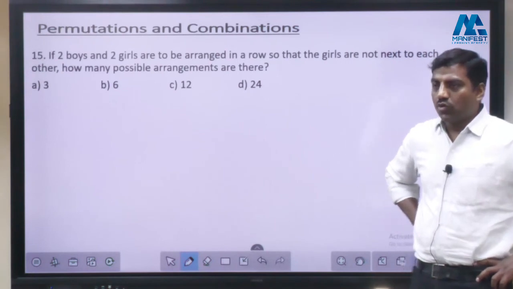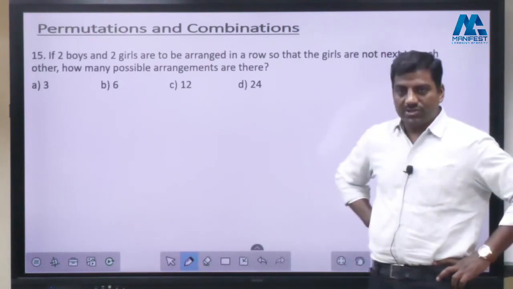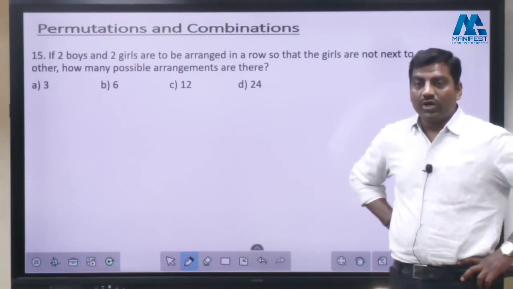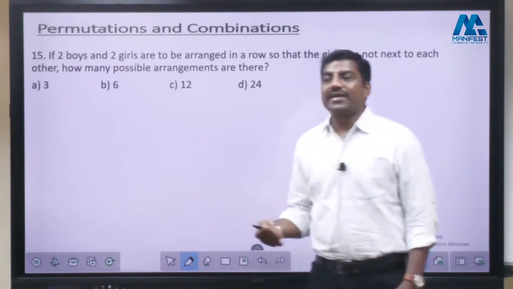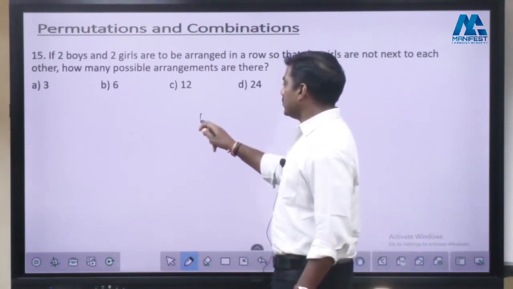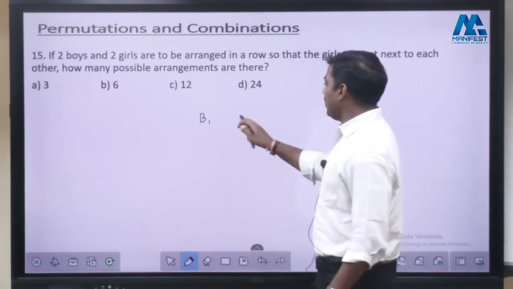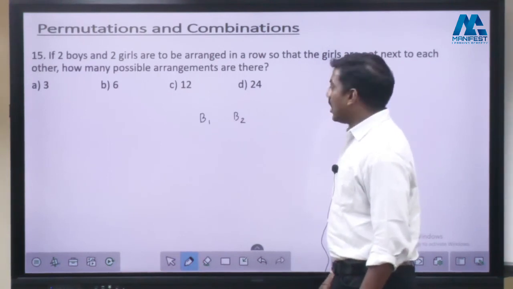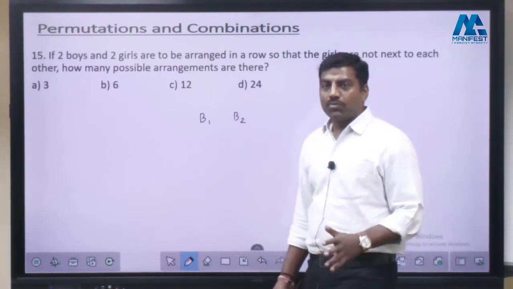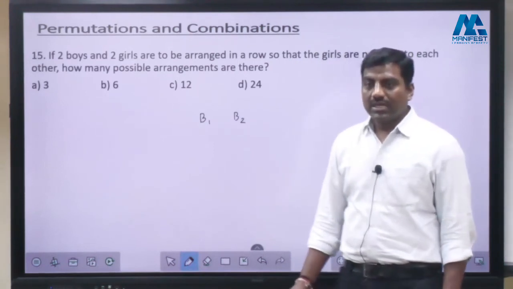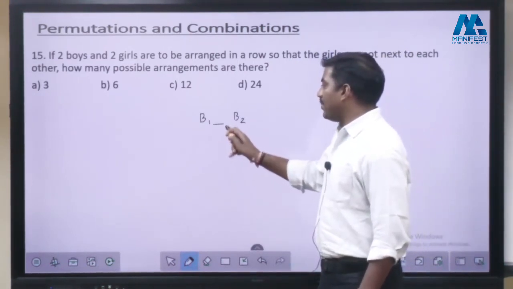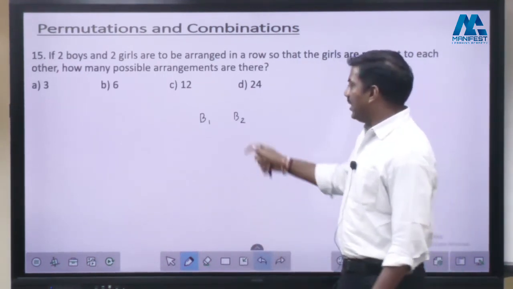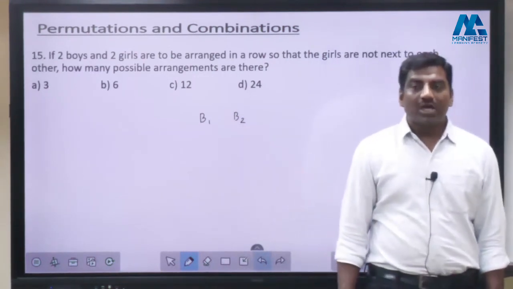In such cases, what you have to do is, here the condition is put on girls. Condition is put on girls. So better you fix up the positions of boys, because boys are acting as walls here. So I'll take B1 and B2, boy 1 and boy 2 here. Now, I have made boy 1 and boy 2 to occupy some places. Definitely, there will be a gap between them, or without gap also. That is possible. Now tell me, when I have fixed up the boys' position,